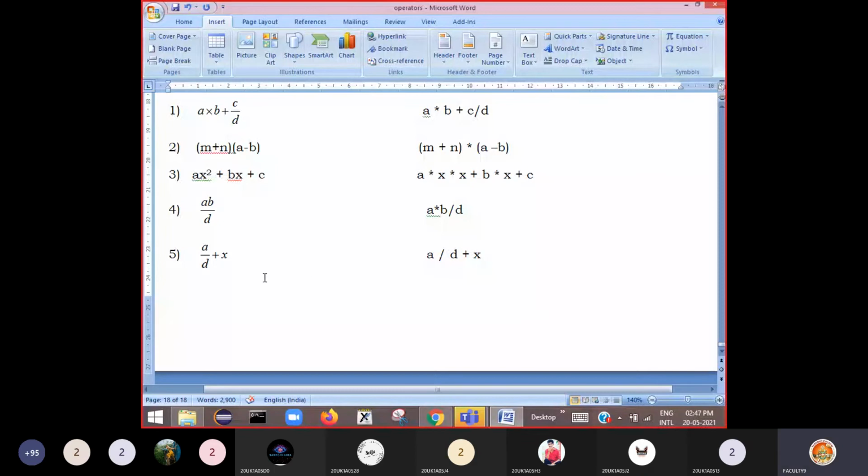This is how it can be written. If it has to be enclosed in parentheses, you can enclose it in parentheses, because the division will be calculated first anyhow. A by d will be calculated, then plus x will be done.